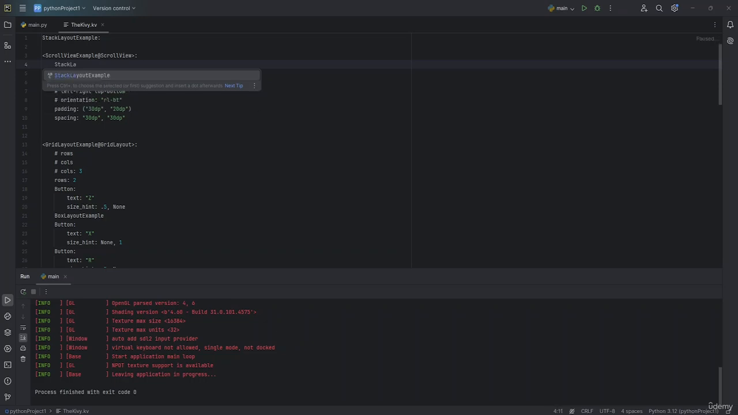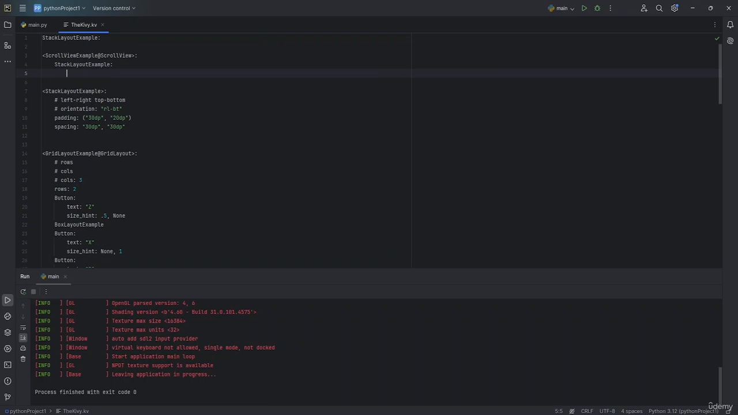Now inside my colon here, I'm going to put in stack layout example. So if I put in layout, stack layout example, here what we can do is put in stack layout, because we are going to be using that stack layout as the base. So here we have stack layout example. I'm going to put in a space for the line again. And here I'm going to try playing it. So first off, let's just put in scroll